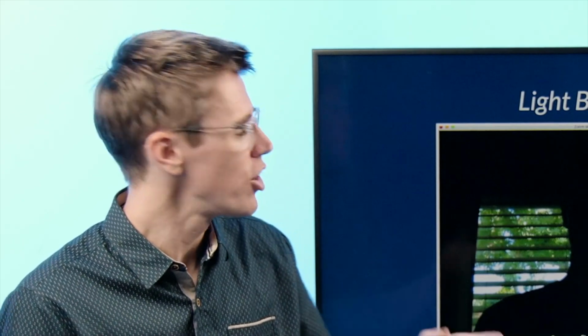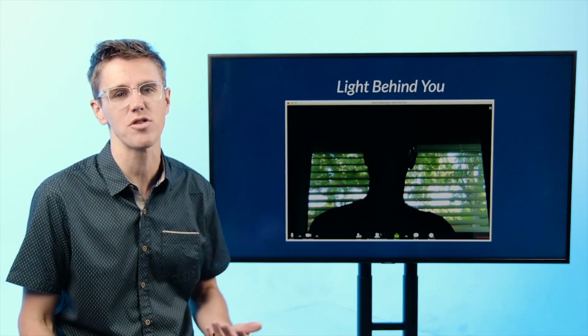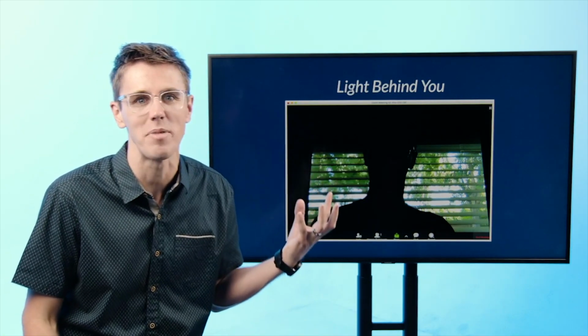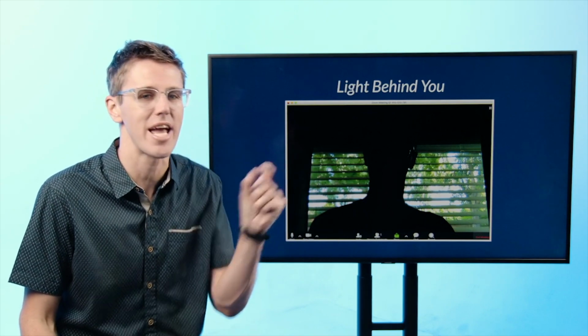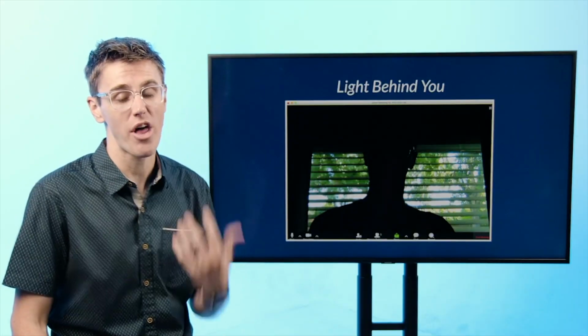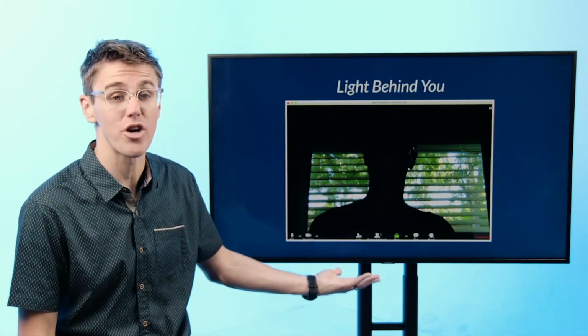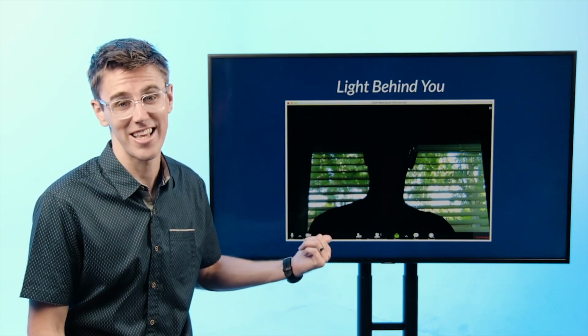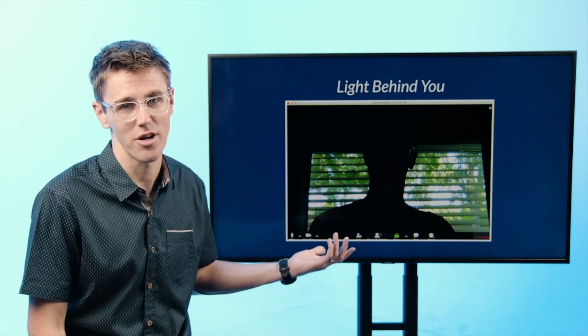You might set up a webcam and go, I can see in here, this is great. Well, that's because God designed your eyes, and tons of light is coming into them, and your little webcam can't handle that much light. So the camera is trying to focus and it can't make things out because not enough light is coming into the camera, and you're actually blocking the light. So don't put a light behind you without having light in front of you, because this is what you're going to look like. And trust me, no one's going to want to be part of an online group if you look like that. It's going to look a little like, what's going on? You don't know what's going on.